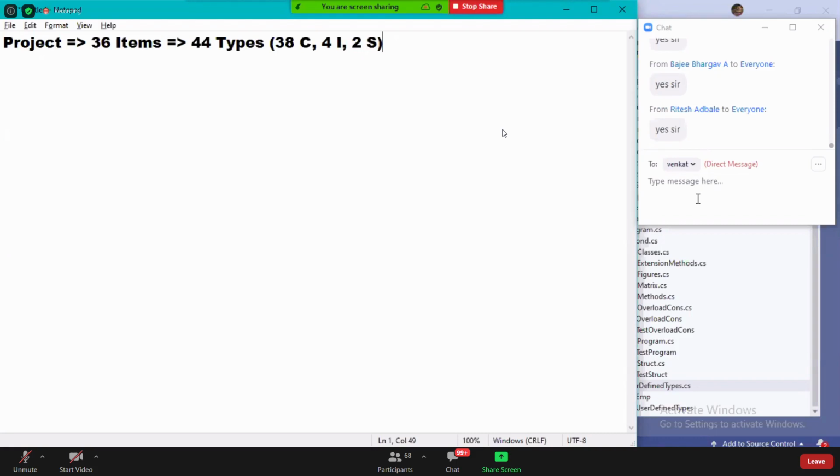Finally, all these things are combined together. Are you clear? So that's where an application can have multiple projects present in it.